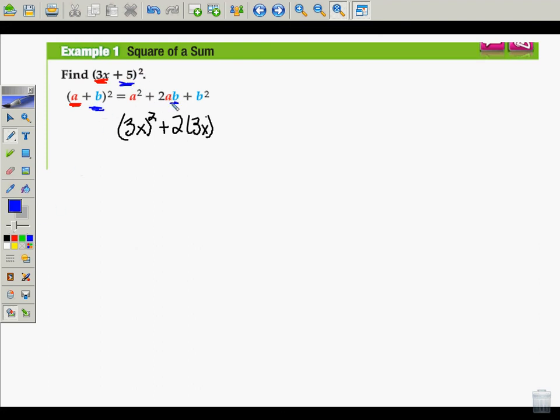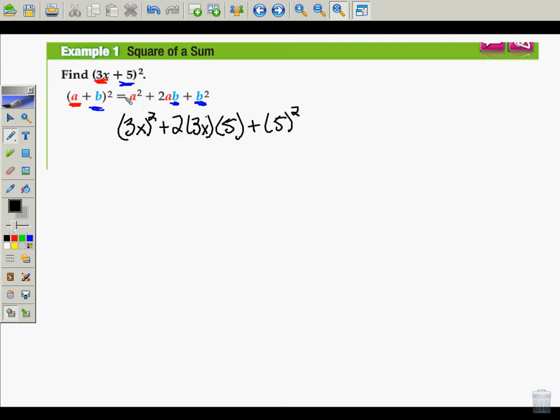So 2 times my a of 3x times my b of positive 5 plus my positive 5 squared. Now if you notice, I put all of these a's and b's in parentheses. Make sure to do that, because I'm sure some people will be like, oh, it's just a squared? Okay, that's 3x squared. Wrong. 3x squared